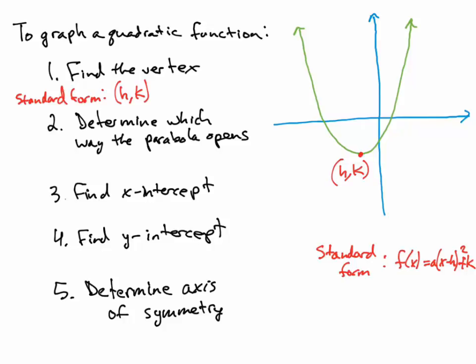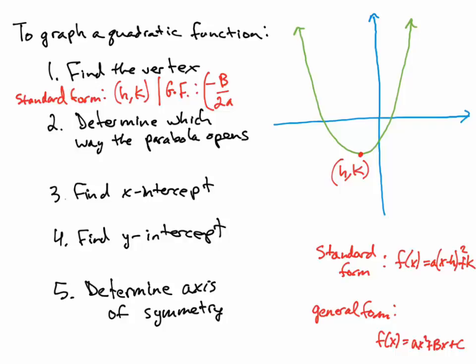So that's standard form. If we're in general form, well, general form looks like this. F of x is equal to ax squared plus bx plus c. So to find the vertex in general form, I'll just write GF for general form. What we want to do is we say negative b over 2a, that's the x-coordinate of the vertex, and then